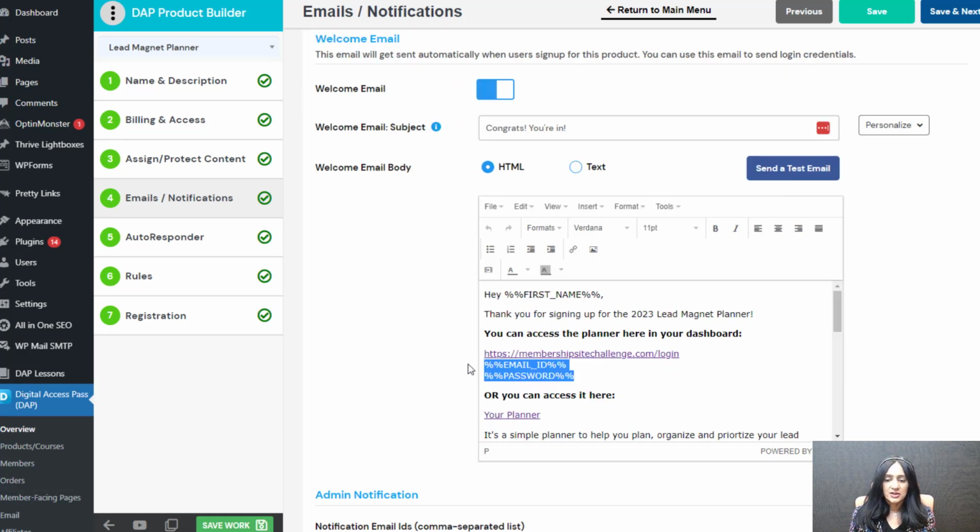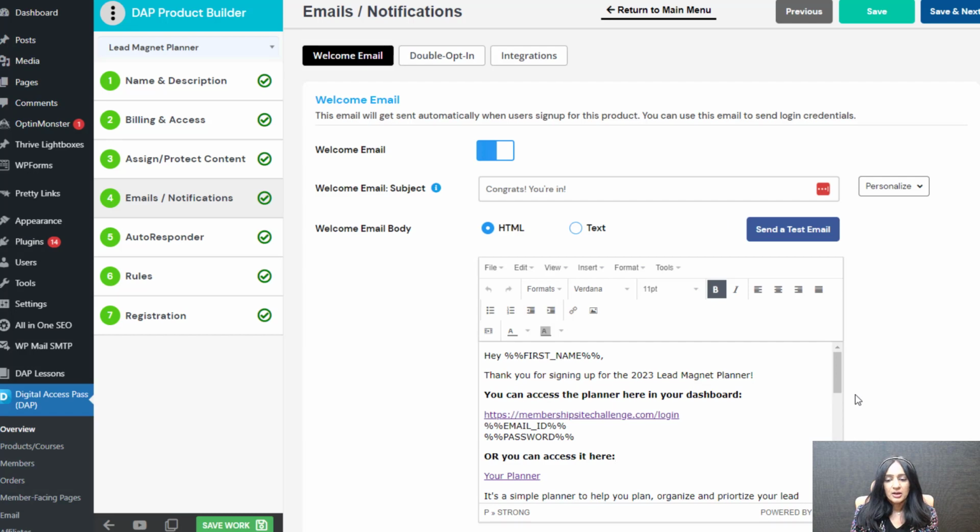I'm using these tags to send them their login details. When someone signs up, DAP is going to automatically create an account for them, give them access to whatever they signed up for, and generate a random password for them. So their login will be whatever email they used to sign up, that will be their login email, and password will be randomly generated by DAP, and DAP will send it to them,